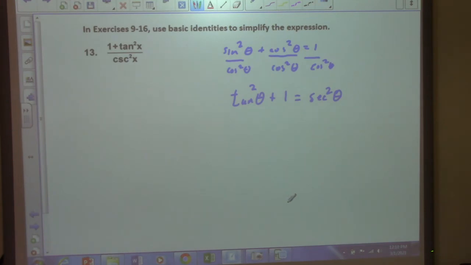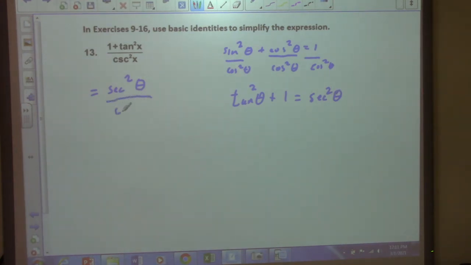You think that's helpful to you? Should be. Does that look like it's helpful? A little. You see what you can do? You can take this and replace it with this. Ever thought about doing something crazy like that? So here you work this out. I'm just going to go ahead and work. So you get secant squared theta replacing this